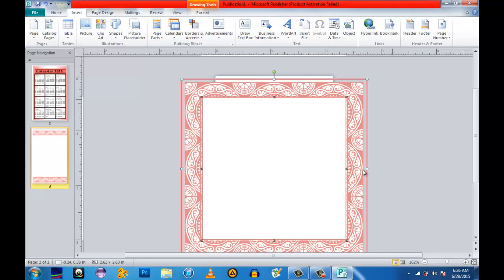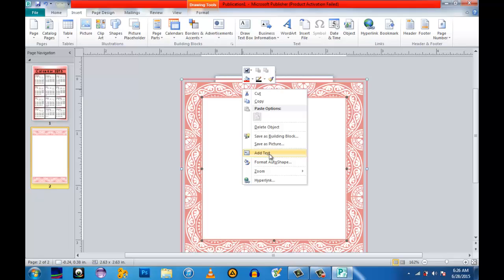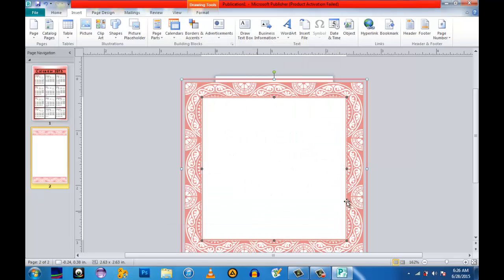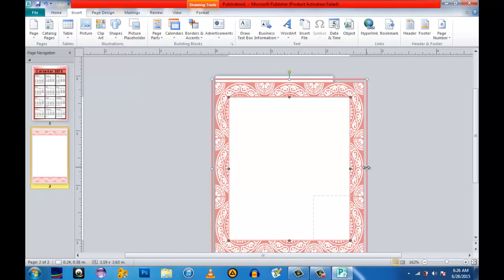It doesn't seem to adjust. Make it smaller. And then you can adjust the size.